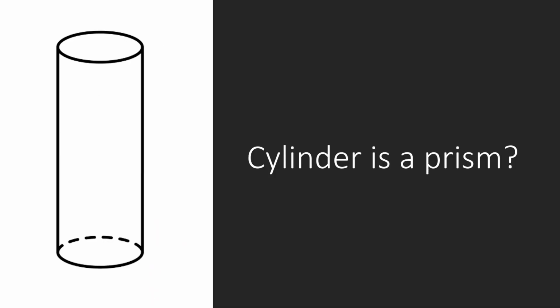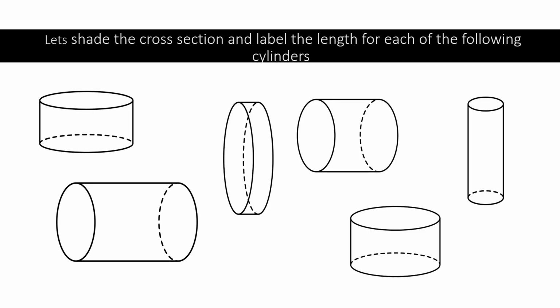Is cylinder a prism? Now, to answer this question, let's do this activity. To understand better, let's do this activity. In this activity, let's shade the cross section and label the length of each of the following cylinders. So here we can see this is the cross section